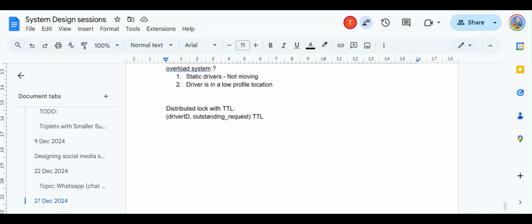So if there are any failures with the Redis cluster, we should be able to recover from those failures and make sure that the information written in the Redis cluster is not lost. So if the information was driver ID and the TTL, and if something happens to that cluster, then this information should not get lost.